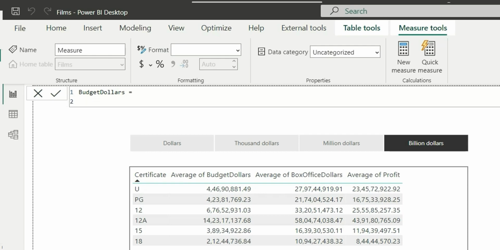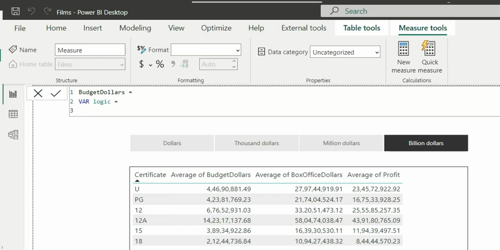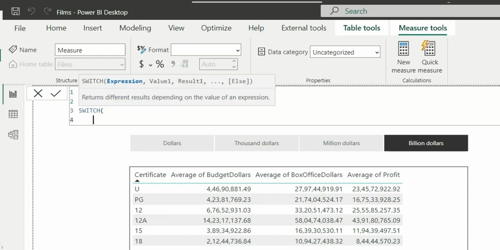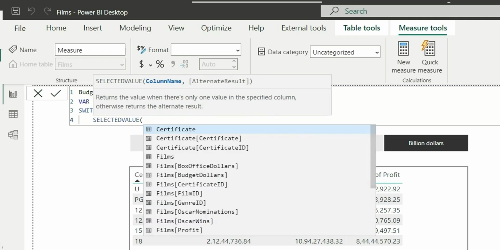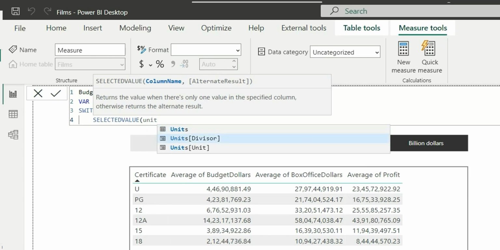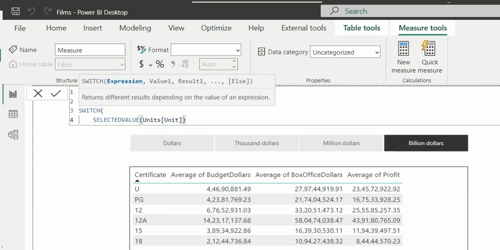And while creating the measure, we will have to use the HASONEVALUE function as well. So let's create a variable, name it as logic. We will use the SWITCH function, and there is a function called SELECTEDVALUE. So if the selected value of the unit column, that is unit table and unit column, so if this is $1,000,